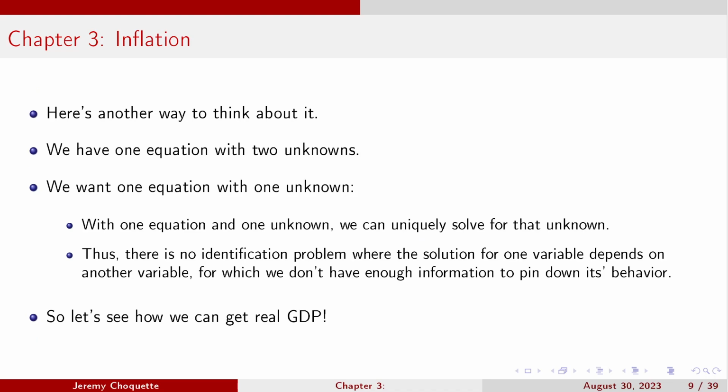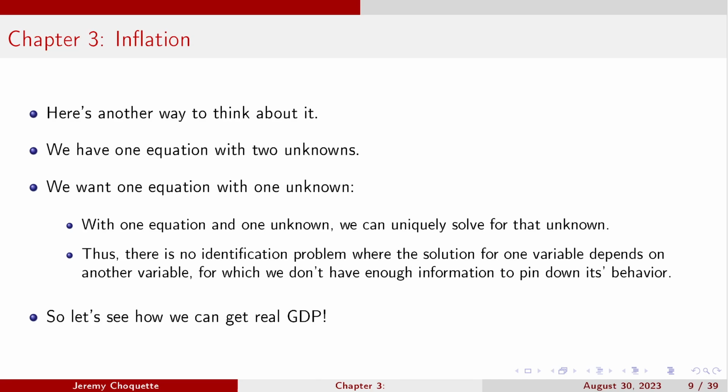So here's like another way to think about it, right? If you remember, like, what is Algebra 1, I think it was Algebra 2 in high school, at least it was for me. That was like, a millennia ago. You remember having like multiple equations, you had like systems of equations? Well, imagine having one equation with two unknowns, right? You can't solve for those two unknowns. You can only solve for one of the unknowns if you have one equation. So if you got one equation and one unknown, then we can uniquely solve for what that unknown is.